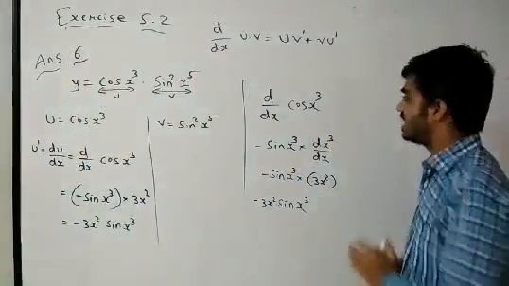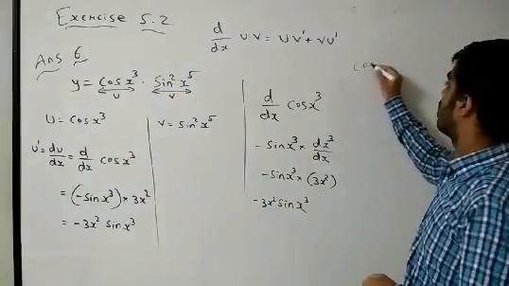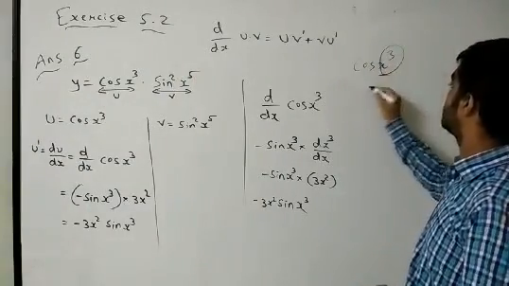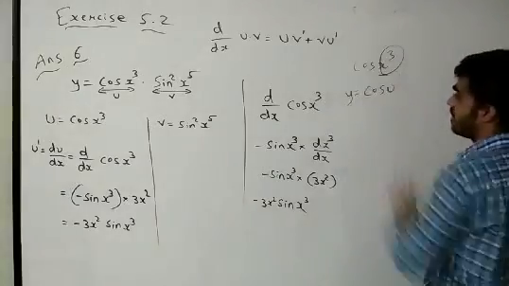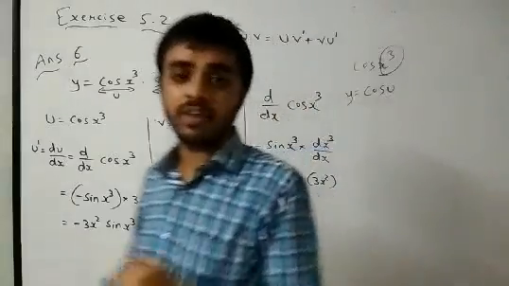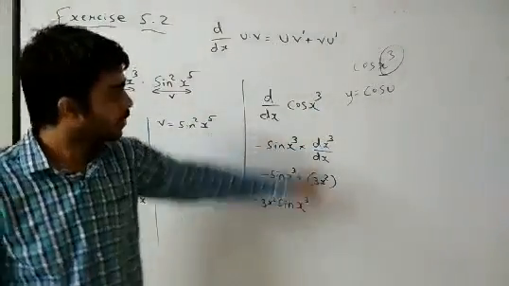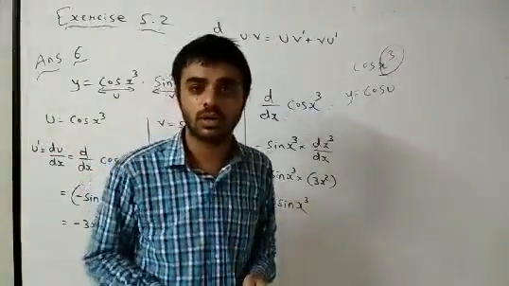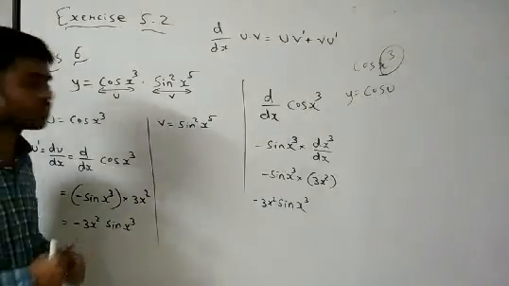Because actually this is one particular sum. What we have done is, cos x cube, we have assumed this as cos u, y is equal to cos u, and then we have differentiated. Yes, you can also do it that way, but it will be very time consuming. If you are not able to understand this, you can use that method whatever we have solved. You can do that, but this is just for our convenience only.